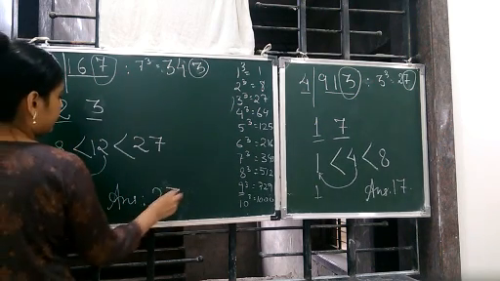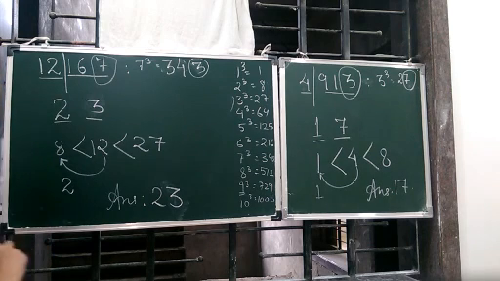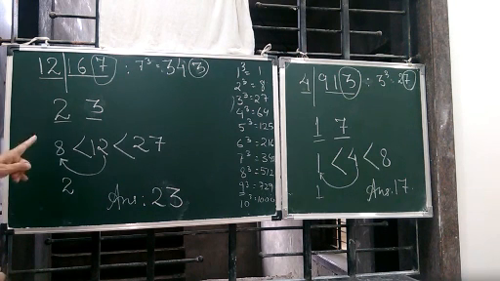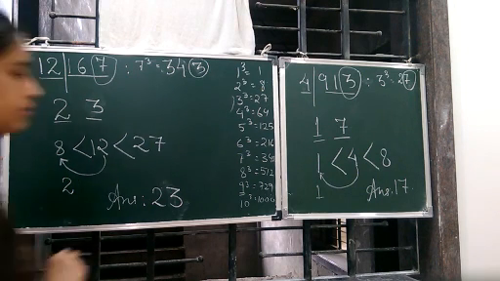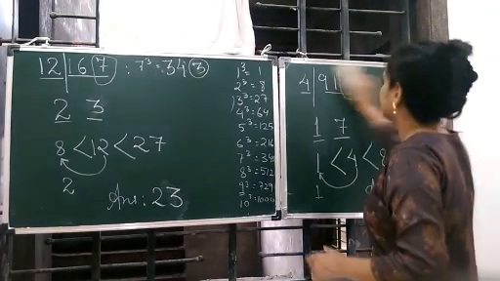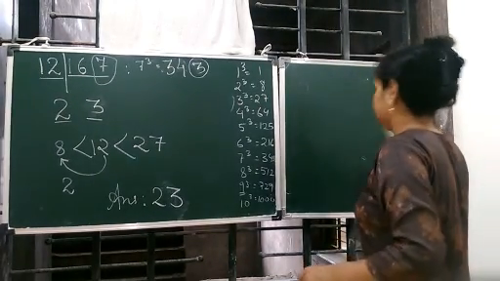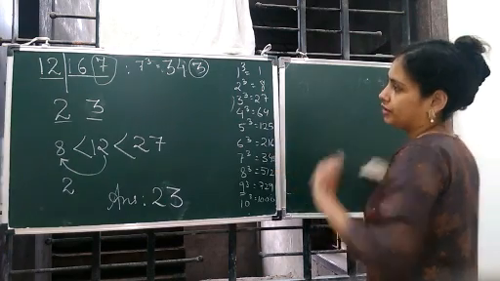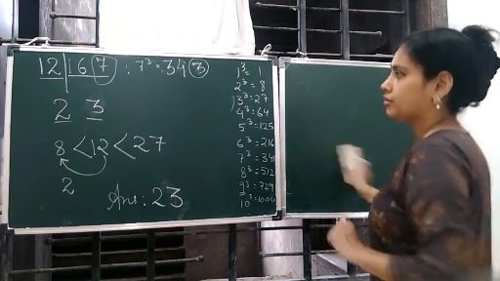So 3 will come here. 23 into 23 is 3 3s are 9... 3 7s are 21, 7 2s are 14... 49, 49, 87, yeah, correct. 23 into 23 into 23 will give you